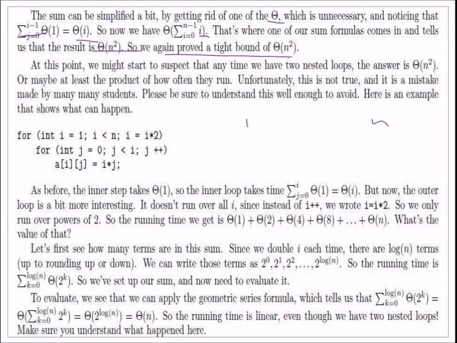But at this point we may really think, because two examples we have seen and we have found that ultimately it boils down to theta n square. So a student may understand, okay, every time two loops it is theta of n square, but it is not true. Let me take an example. This is for two for loops, same question, same example, but here the i jumps twice: i is equal to i into 2. From 1 it goes to 2, then 4, like this.